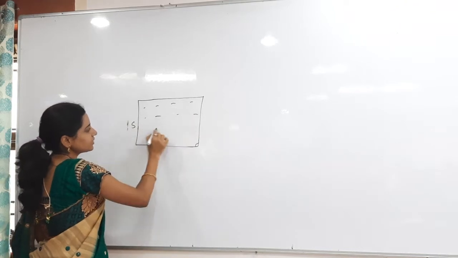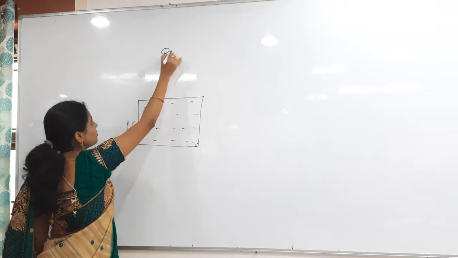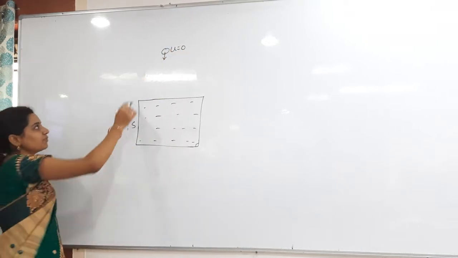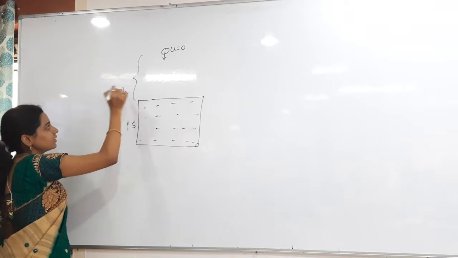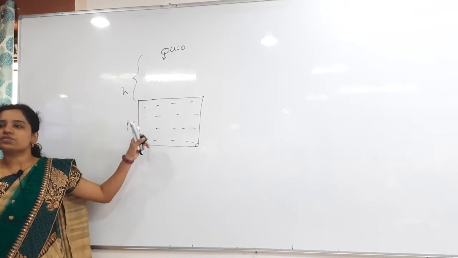A sand tub of height S I have taken. This is not water, this is sand. And then a stone is dropped with initial velocity u equals 0. Whenever a stone is dropped, from what height are they saying? From height H. Then you have to find out the resistance force offered by